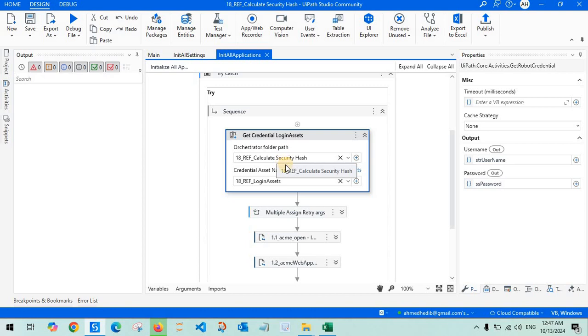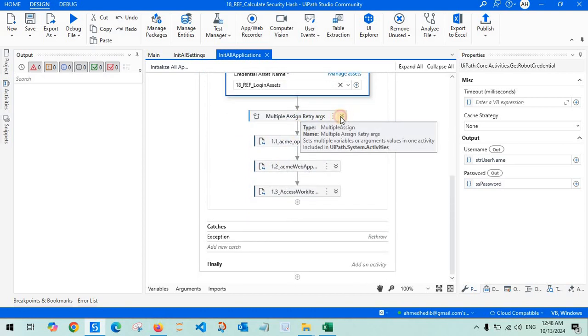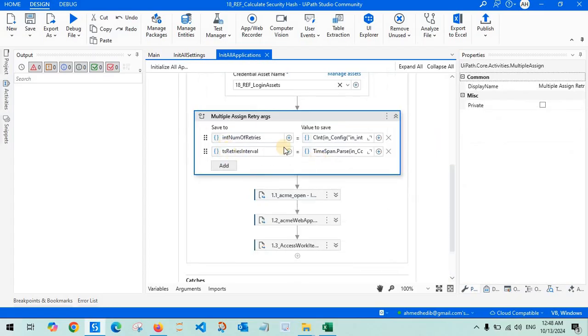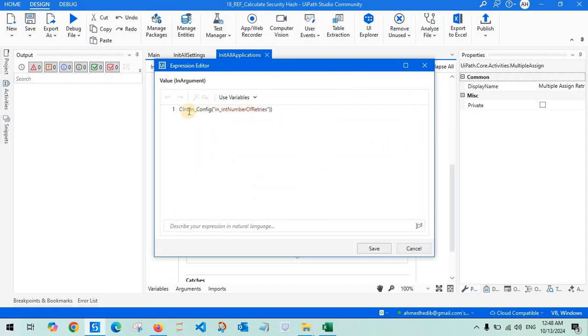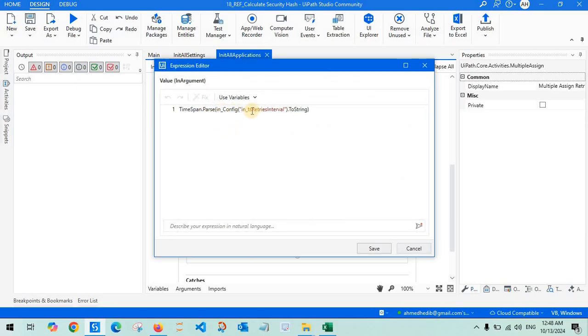You can even pass it using the config file, and then here to assign the value of the input config file using the configuration file for the number of retries, and as well here the parse to convert from the time span to string. Here I'll use the parse method,